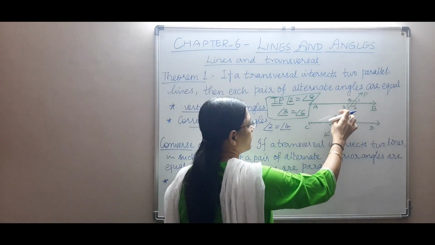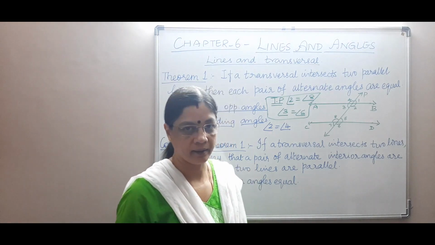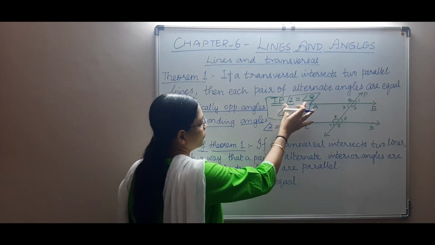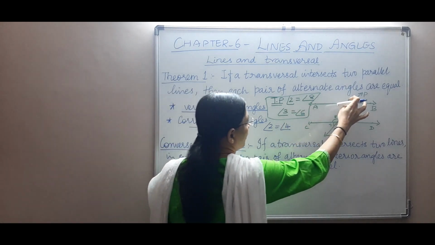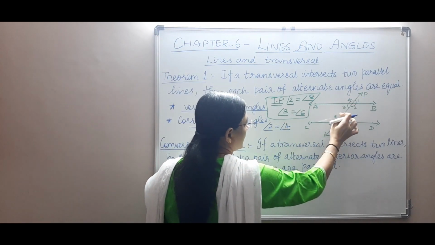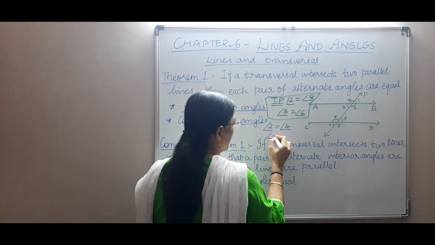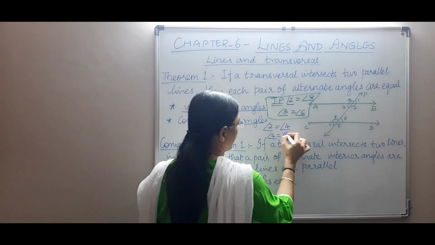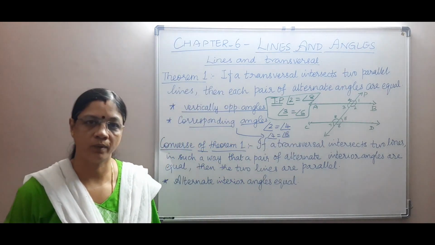Angle 4 is equal to angle 8 because angle 4 and angle 8 are corresponding angles. So you need to check with what we need to prove: angle 2 is equal to angle 8. I take 4, and the corresponding angle for 4 is angle 8 here. So I say angle 4 is equal to angle 8, according to corresponding angles are equal.